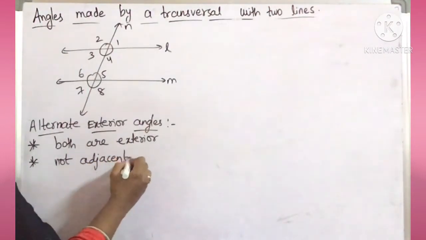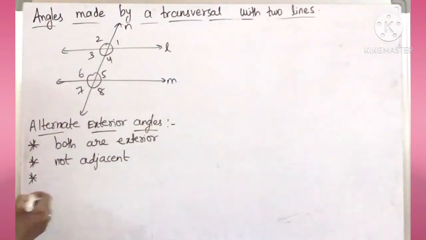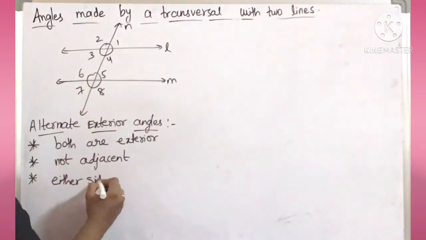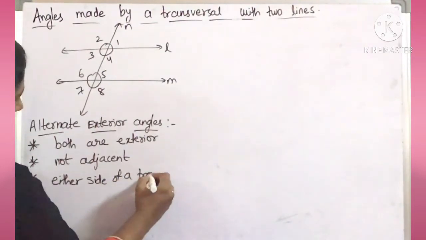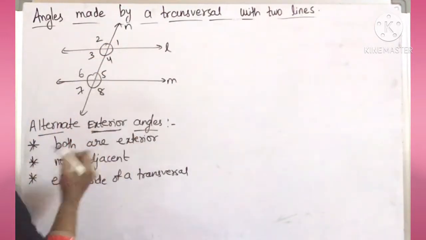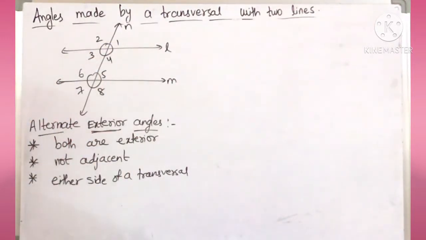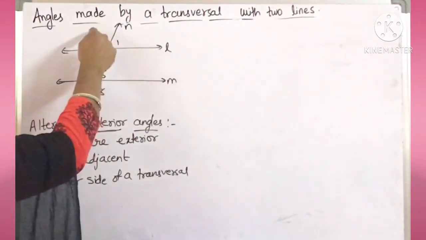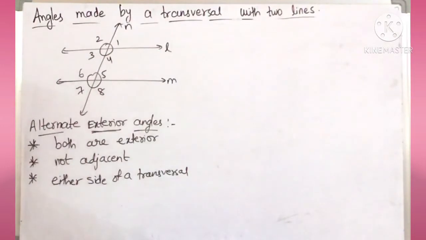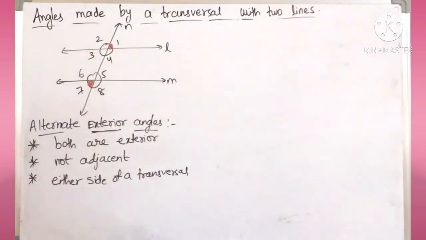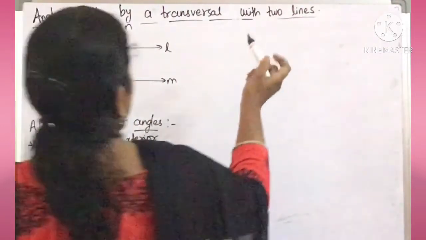Not adjacent. Okay. And the last condition is that they are on either side of a transversal. So here we should consider only the exterior angles. In the name itself we have exterior. Now if you see the figure here, angle 1, angle 2, angle 7 and angle 8 are the exterior angles, and in this I can take angle 1 and angle 7 as alternate exterior angles,